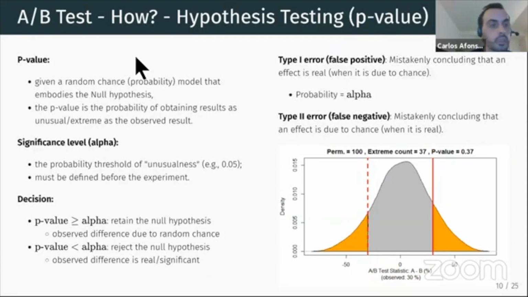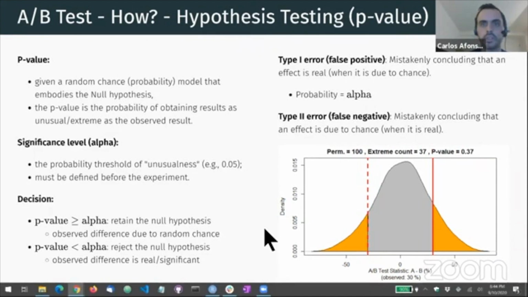Okay. So now the concept of the p-value. It's a concept that is often very confusing. And what's the meaning of the p-value? Okay. So the p-value, as I told before, is kind of the area represented here in orange. And the p-value represents the proportion of values in our null model that are as extreme or more extreme than the observed difference. So often people define the p-value as the probability of obtaining results as extreme as the observed